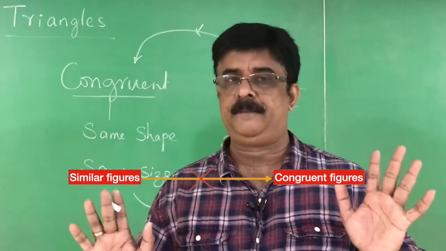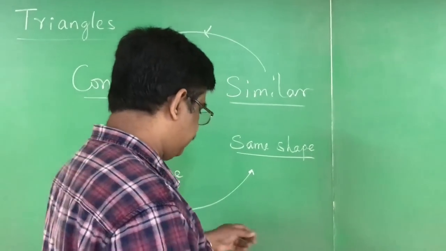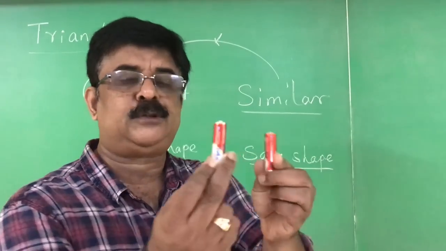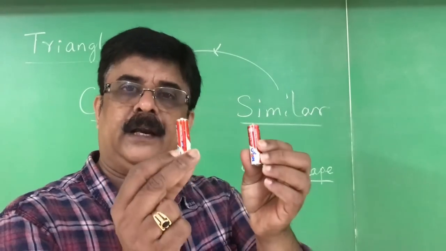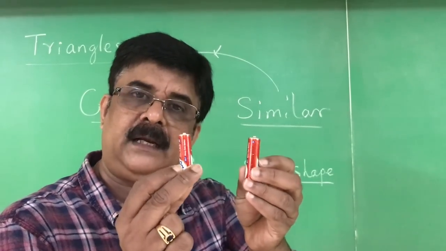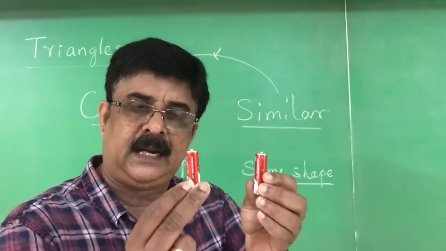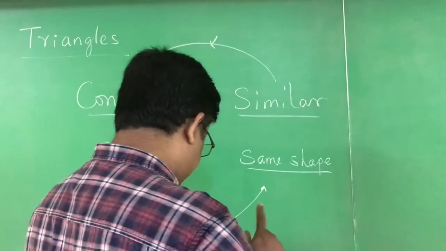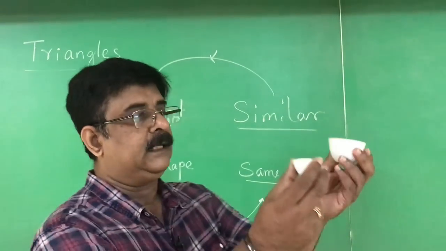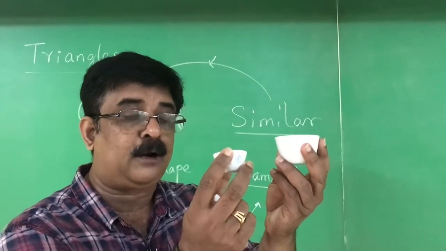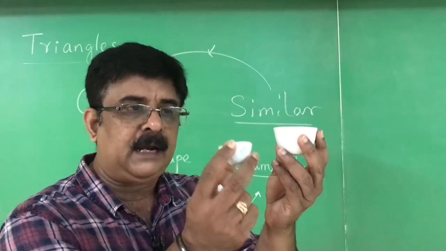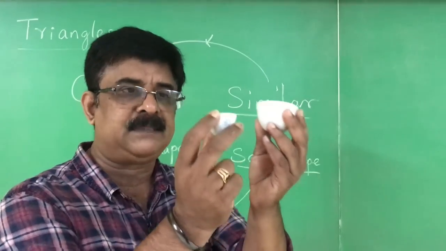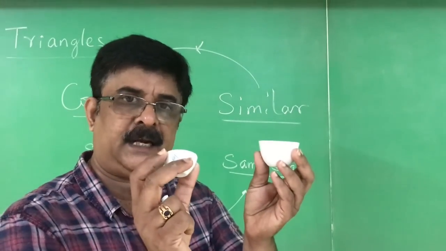That you have to understand, right? Whenever you see, I show these two cells. These two cells are congruent. Can I say they are similar? Yes, they are similar also. They are similar and also congruent. But try to understand. Whenever I show you something else, see, these two are similar, but they are not congruent. To become congruent, their shape and size both should be the same. But to become similar, only the shapes are sufficient, right?